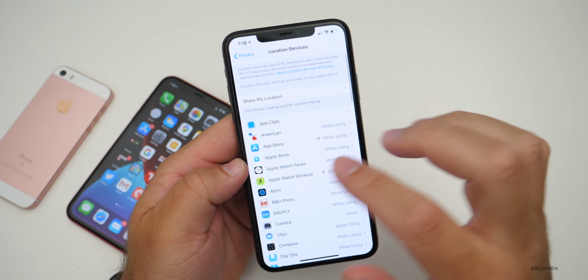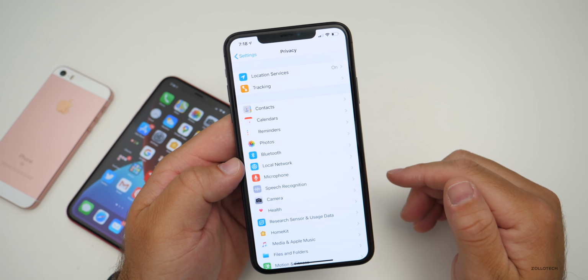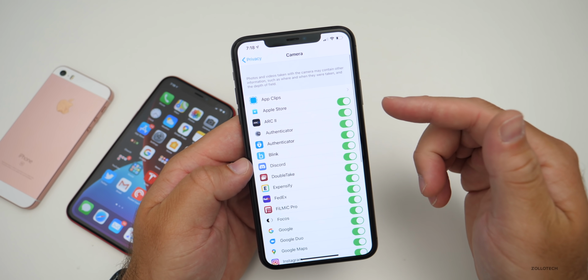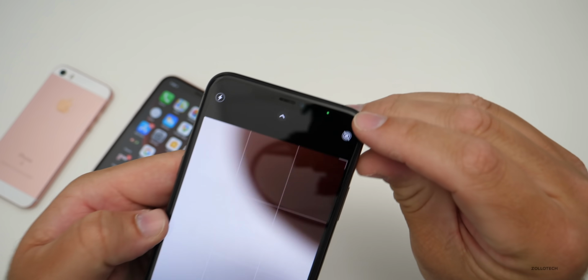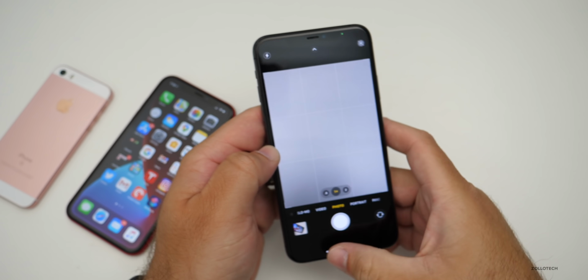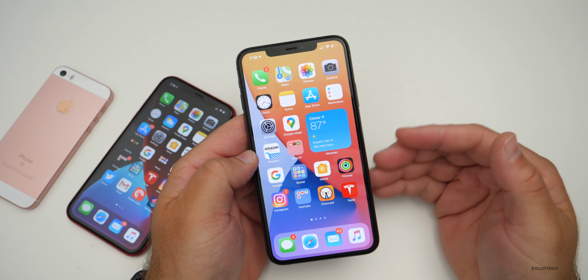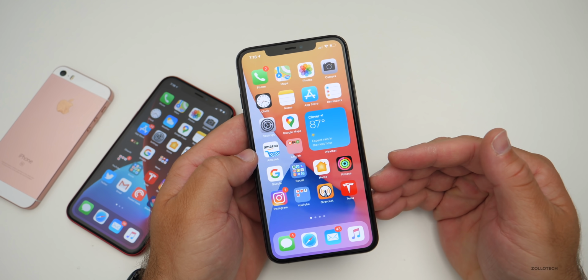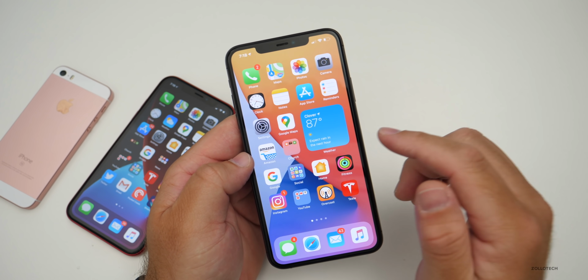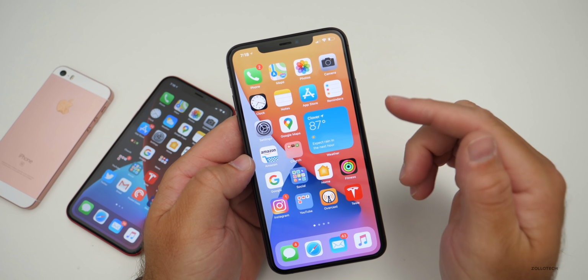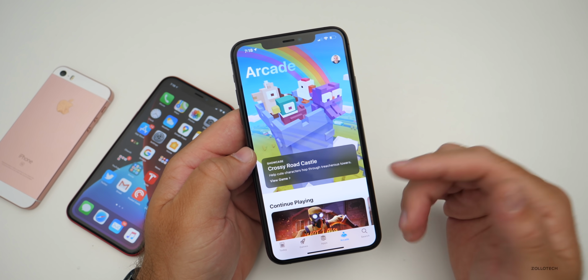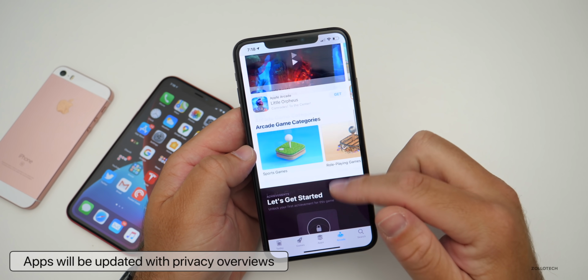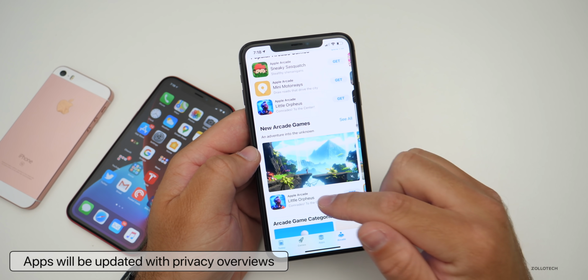Again, it will let you know when the mic and the camera are turned on. So when the camera's on and something's using the camera, you'll have a little dot in the upper right here. You can see there's a dot. It just lets you know the camera's in use. Any app that's using your camera or microphone actively will let you know. Now, something else they're doing for privacy is a summary of privacy practices within the App Store. So each app will let you know what kind of privacy policy there is. But if I go down here, maybe we'll go to this game.